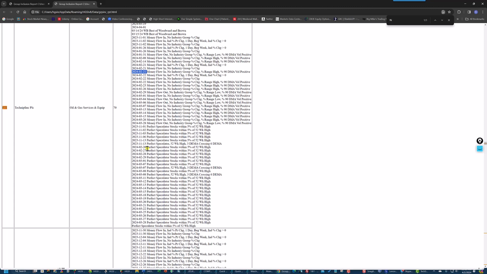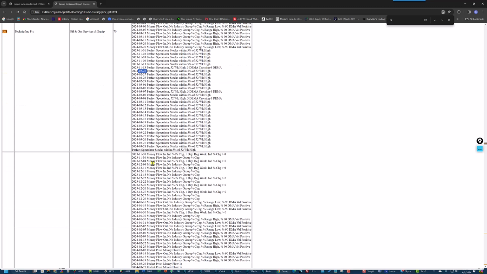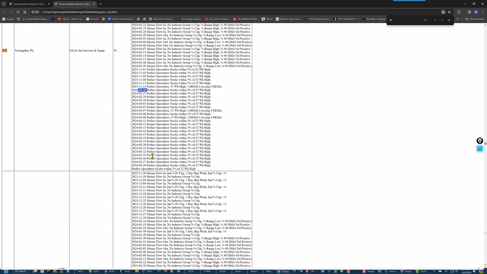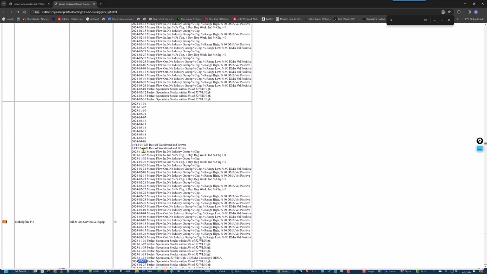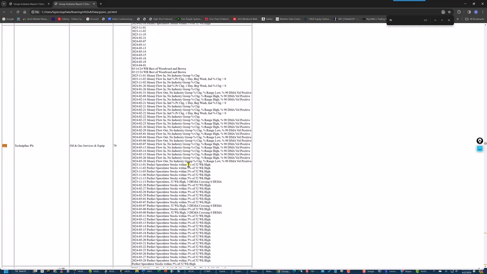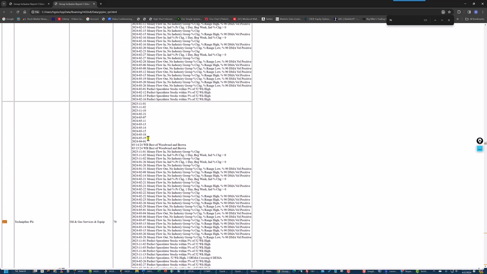And it didn't appear in perfect speculator until the 26th. And it appeared not until March in the best of Woodward and Brown. So this didn't appear on multiple days here. So